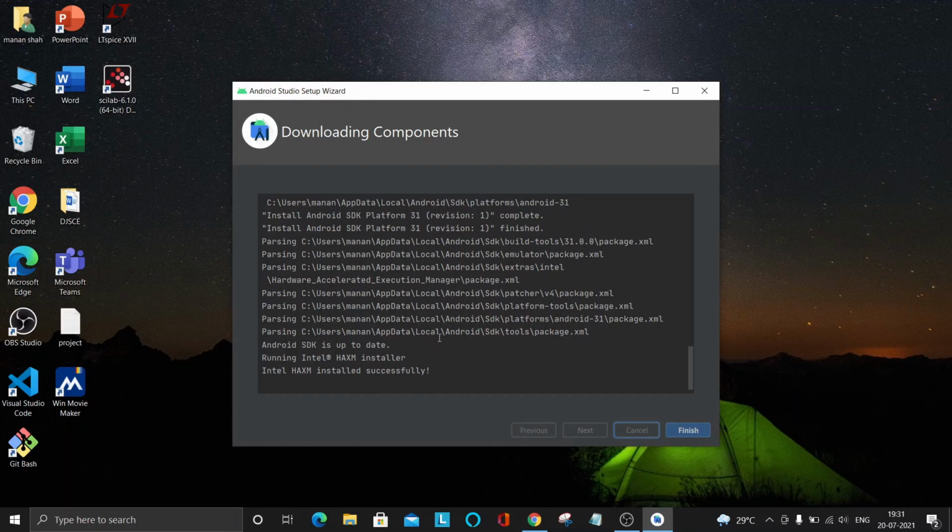It has taken 2 to 3 minutes to download all the components, and I've skipped 1 minute of it. So if it takes a long time, do not worry. After this, just click on finish.